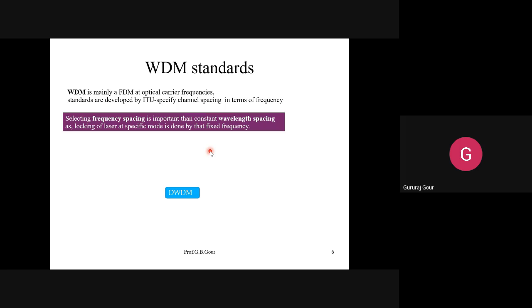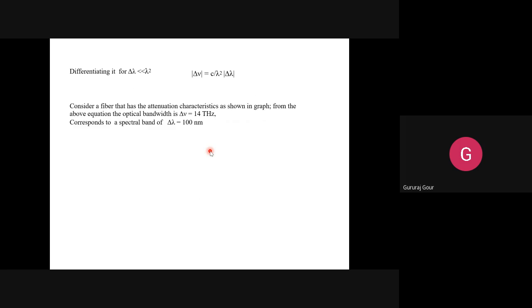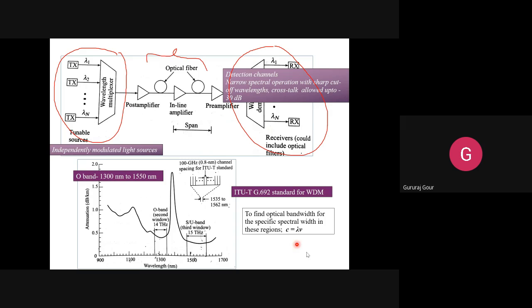So next one we will see this one. This is another point I forgot to tell. This is the relationship between the velocity of light, the wavelength, and the band over which WDM is going to operate. Sometimes this graph will be given based on this formula. Sometimes you get numericals, though I have hardly seen them, but it is better if you remember this formula